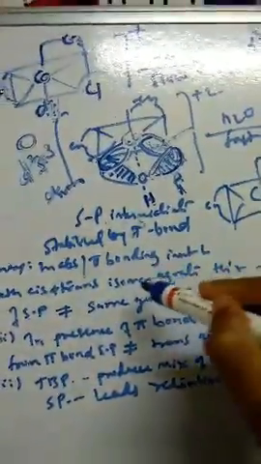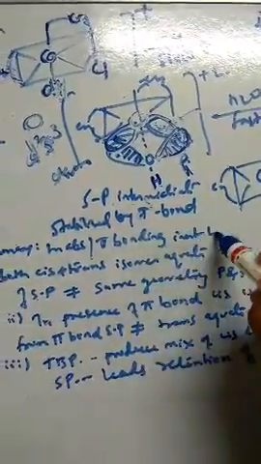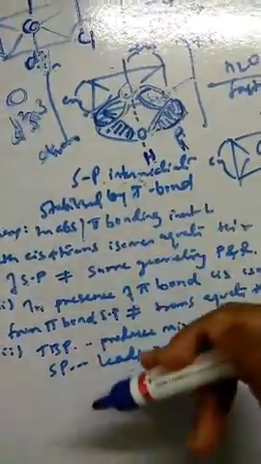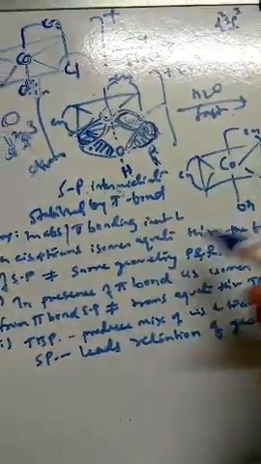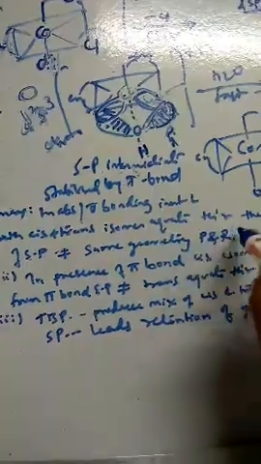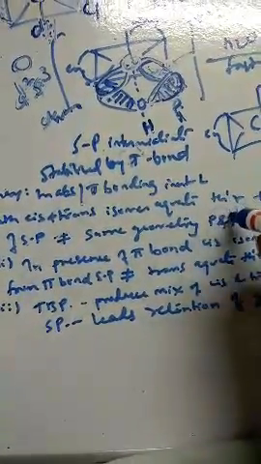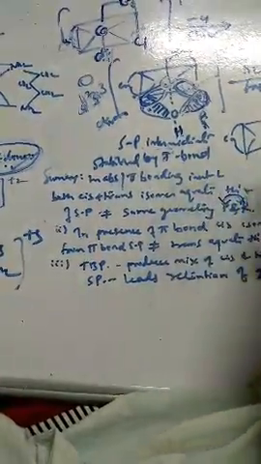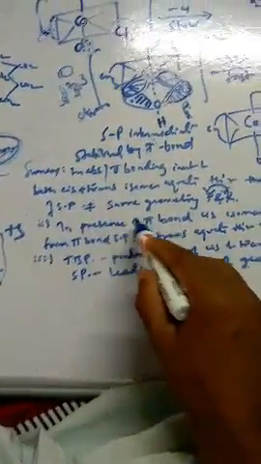So as a summary, we can say that in the absence of pi bonding inert ligands, both cis and trans isomers equate. It may be cis or trans, both will equate through the formation of square planar intermediate with the same geometry. So there is no change of geometry here. Whatever geometry the product has, the same you are seeing in the reactant. So there is no change in the geometry if there is no pi bonded inert ligand in the complex.